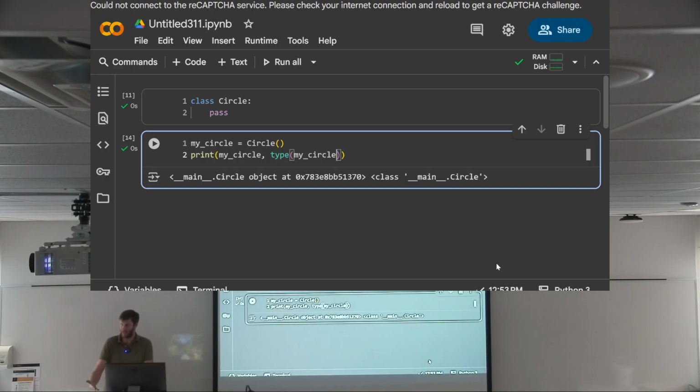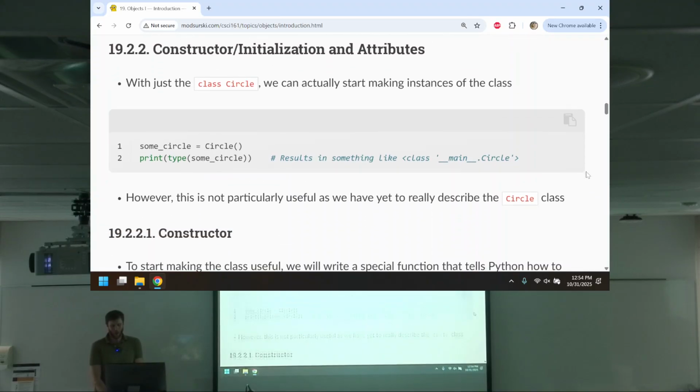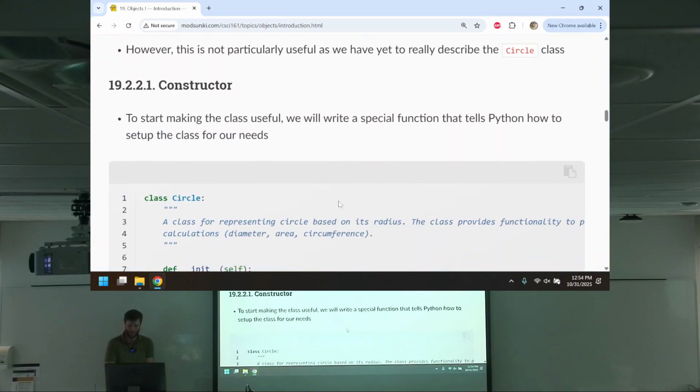Great. So it exists. It's a circle. But obviously this is a rather unhelpful object at this point, right? The class doesn't do anything. But we can make an instance already. For example, I just showed you this. However, it's not particularly useful. So,